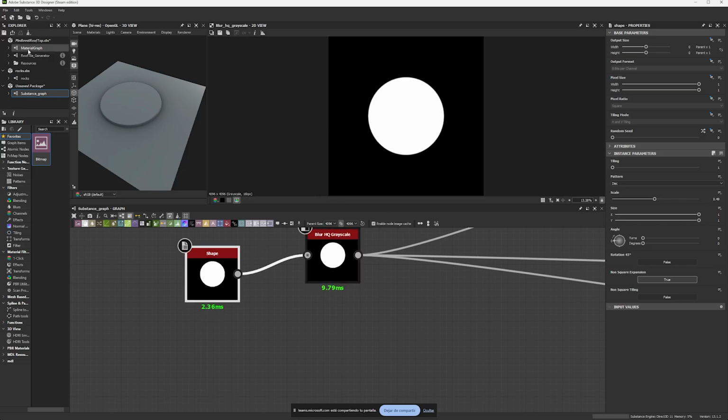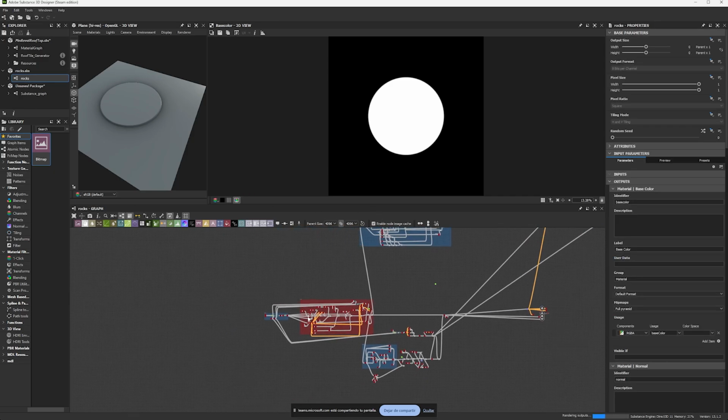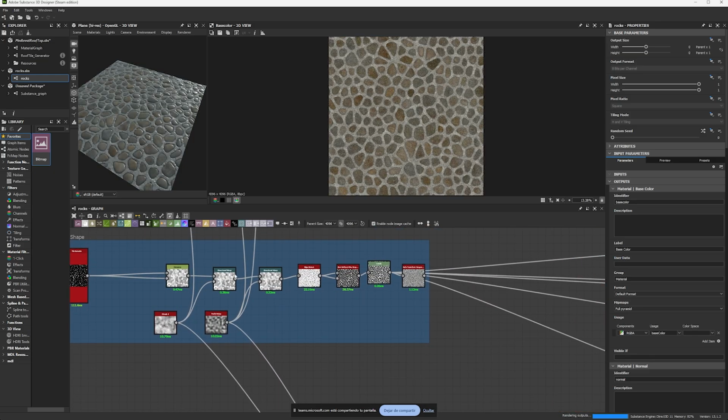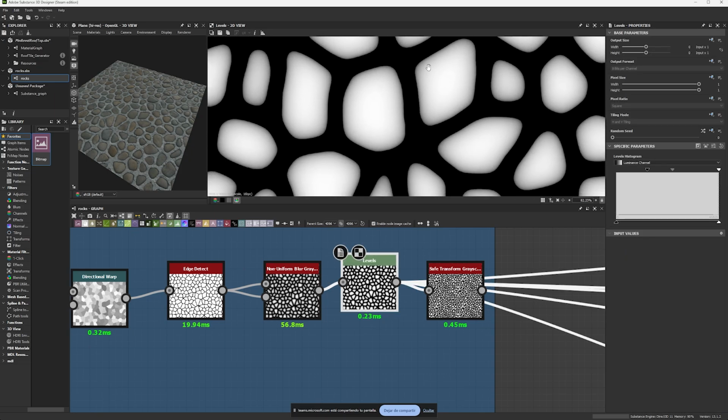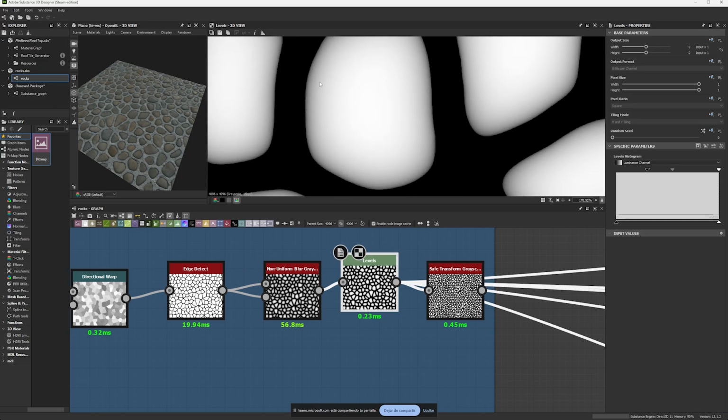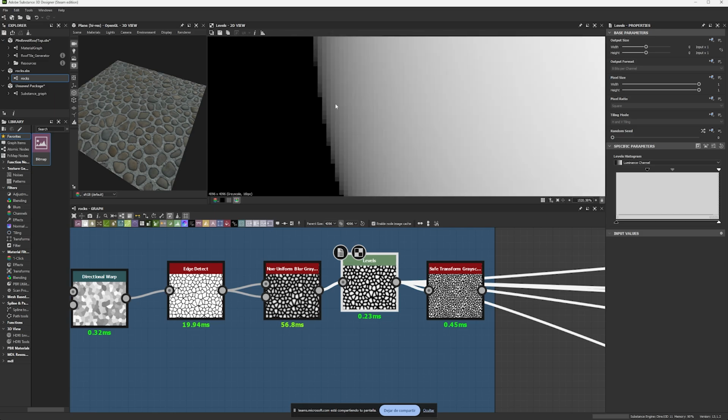Now, this is actually quite useful to know because it allows you to generate or create different shapes. Like for example, if I go here to my rock graph, give it some time to render because it's a heavy graph. I'm working on 4K, so it might take a small amount of time. If you come here and check how I created my rocks, you're gonna see the actual grayscale information of my rocks, how they are not really sharp. They have this really small gradient in between.